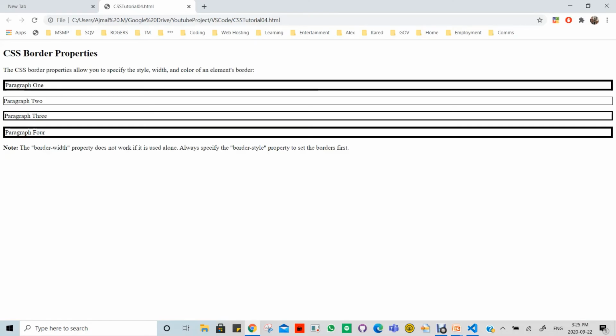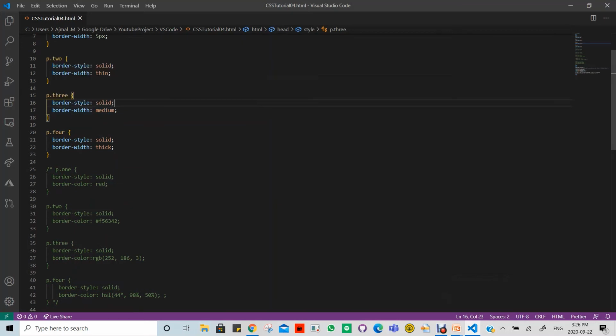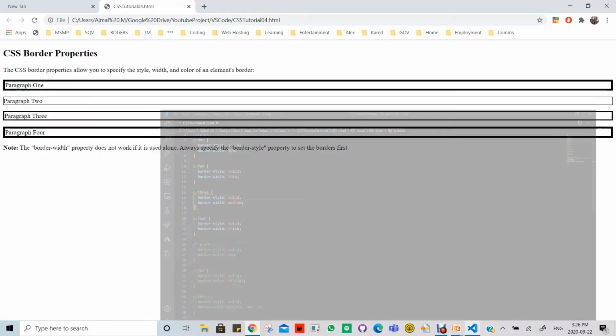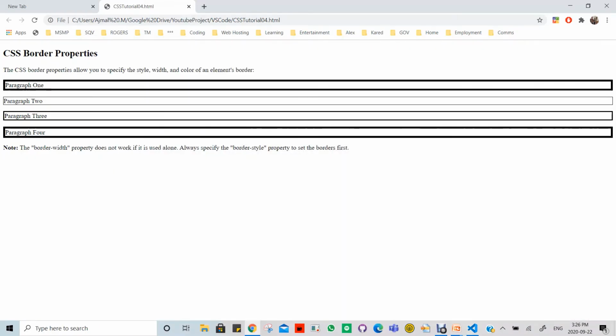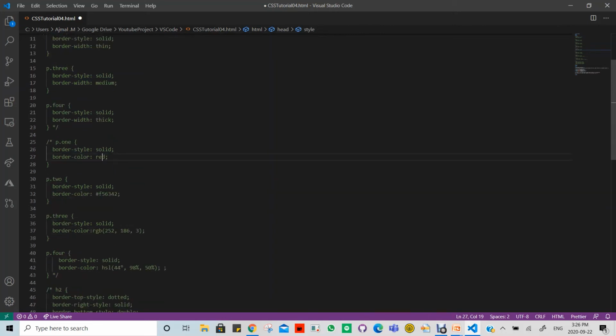There you go. So you can see we have 4 different paragraphs with 4 different borders. So if you go back to the code, we can see that these different paragraphs have different thickness. The first one has 5 pixel thickness, the second one is quite thin, the third one is medium, and the fourth one is thick. So going back to the code, let's comment this style out and uncomment the second style,